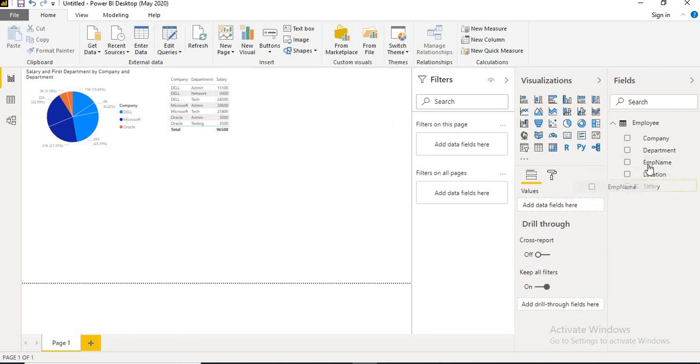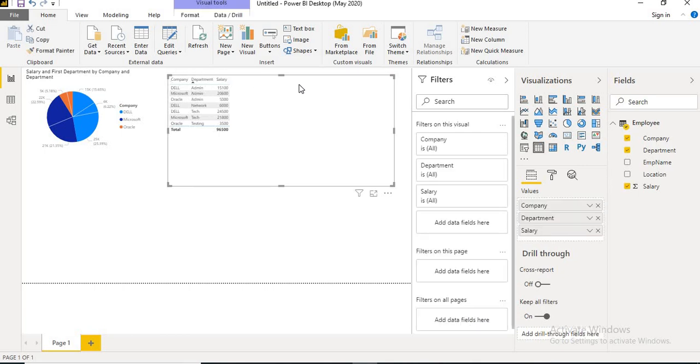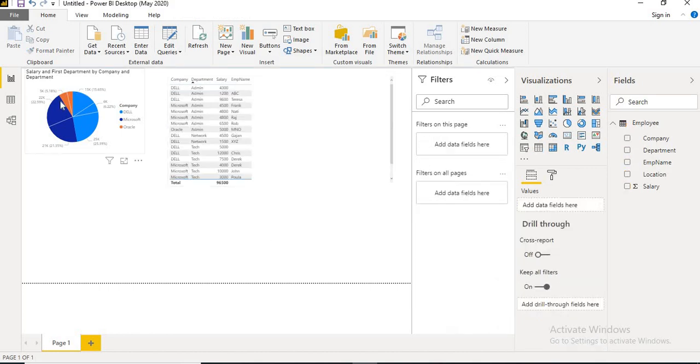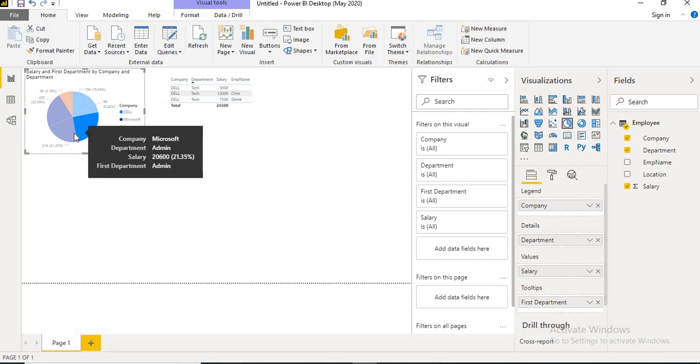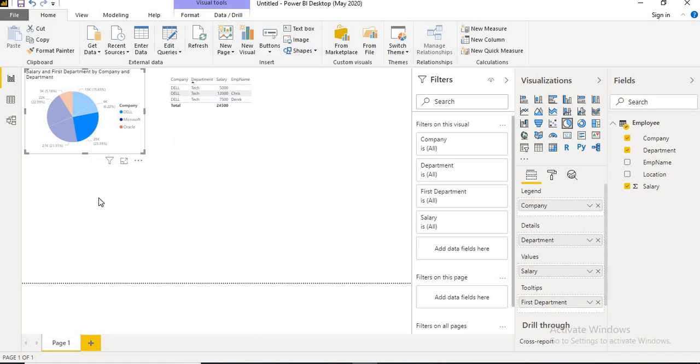If you want to add the employee name, let me select this first. Now let's come here and add the employee name at the end. Now you can see all the data, because the filter applies automatically. This is how Power BI works, but SSRS won't work like this. If you select one portion of the report in SSRS, you may not be able to refresh the other part of the report. That's where modern, rich reporting platforms come into the picture. SSRS is a traditional platform, and Power BI is a modern reporting platform. That's how you develop basic reports in Power BI Report Server.